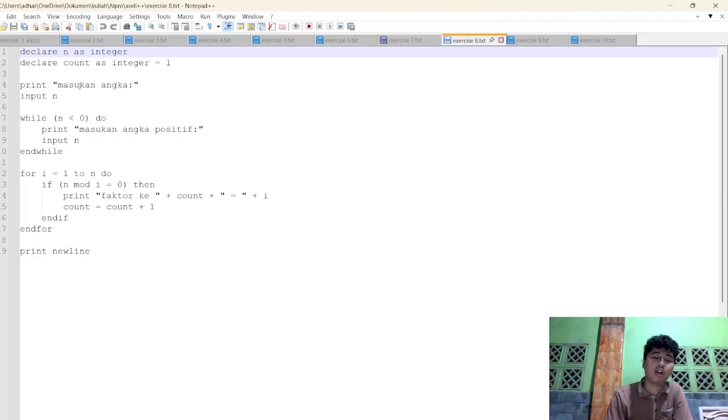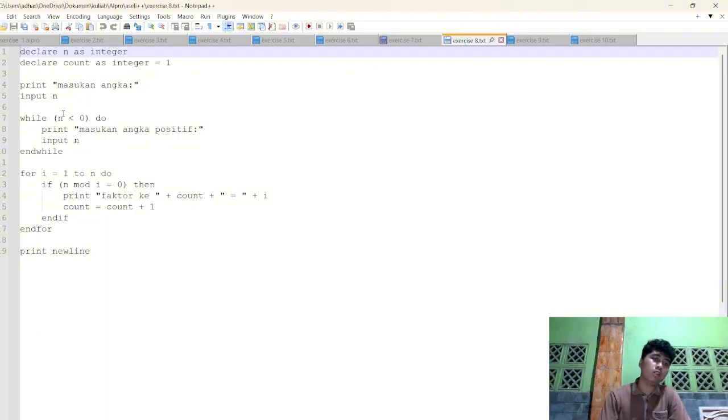Okay, so if the user inputs 1 as the masukkan angka here, the integer will be 1. Then here is the loop: while n is less than 0, the program will print "masukkan angka positif" because the program will only accept a positive integer.